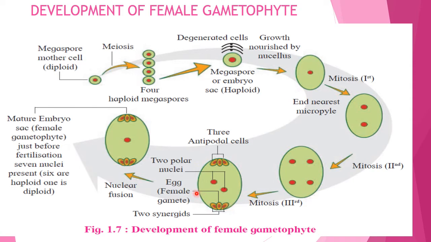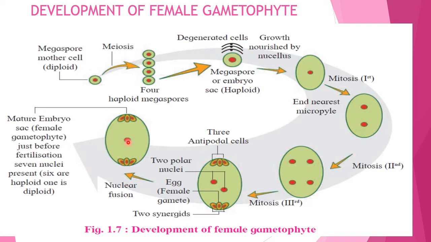Then this way, 3 cells over here, 3 over here, and 1 nucleus from either side is shifting to the center. They are the polar nuclei. These polar nuclei will later be fusing. So 2 haploid nuclei are there, and they fuse together to form a diploid nucleus. They are known as the definitive nucleus, or diploid, because they form by the fusion of 2 haploid nuclei.